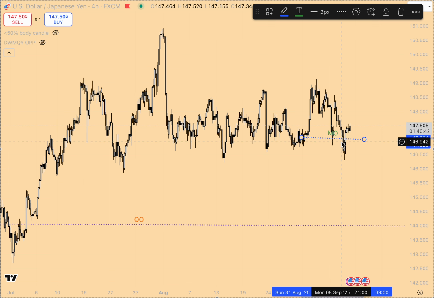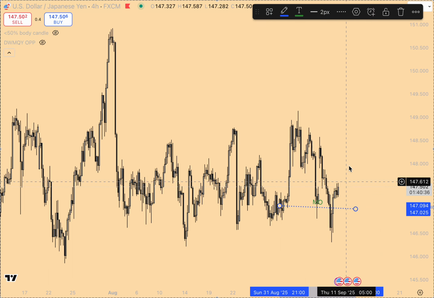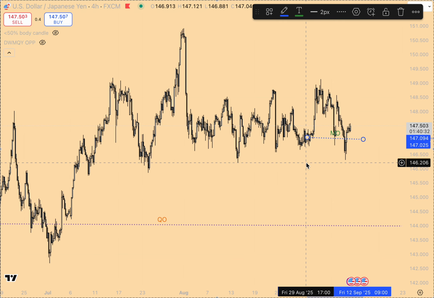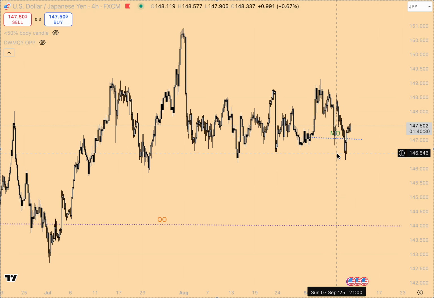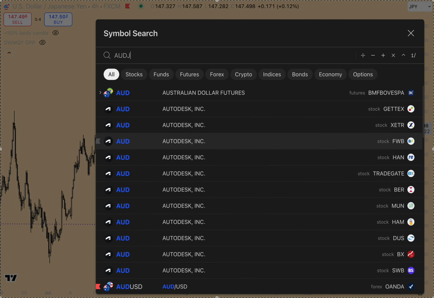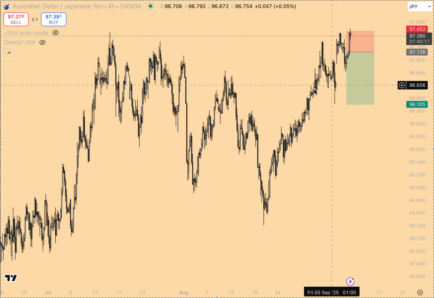Just beautiful. Now we've come here, we've taken out these lows, which is causing market to just trickle up higher and higher. So for me right now, I'm not looking for buys because of the USD and the way it is. So I would rather just look for sells than buys. And then finally, yesterday I went into an AUD JPY position. I took a sell on that,